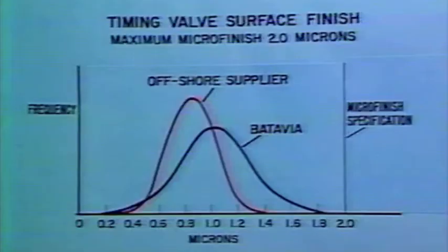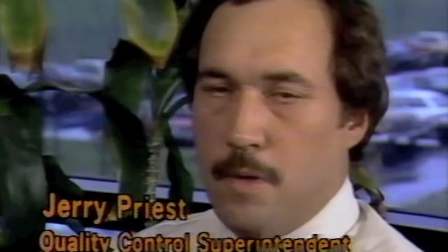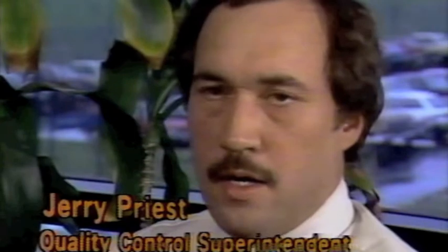Their contamination levels are lower than ours. You see very few chips and burrs, very few nicks, and significantly better micro finishes in both the functional and the non-functional areas of our product. There was one particular part that we looked at, the valve body, and we were checking an inside diameter of